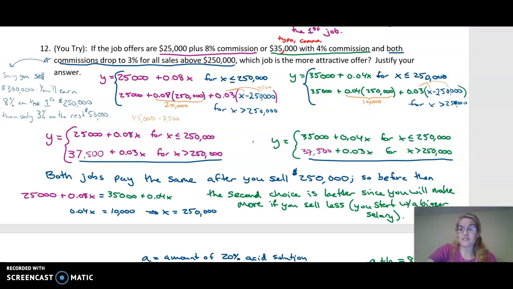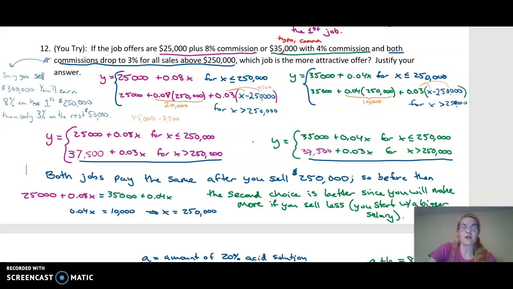$35,000 plus 4% of 250,000 is 10,000. That also is going to be $45,000. 3% of 250,000 is 7,500. So when you distribute this and when you distribute this, you're going to be subtracting 7,500. So at the end of the day, as soon as you sell more than $250,000, your salary will be